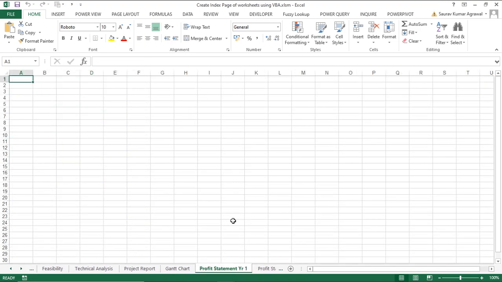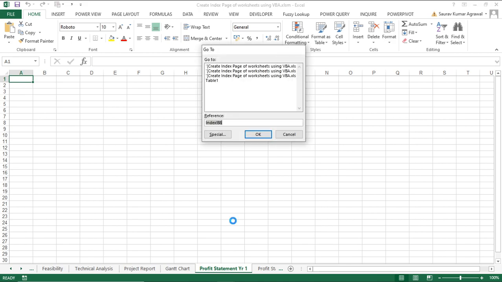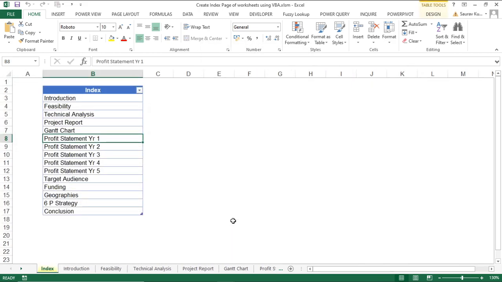The contents are blank because I just intended to show you what the indicative sheets can be and how to really automate the creation of the index. Now if I want to come back, I've just pressed F5 and came back. Now how to do this? Looking at this, you might feel it is easy because you have a limited number of sheets, like a 15 count over here.